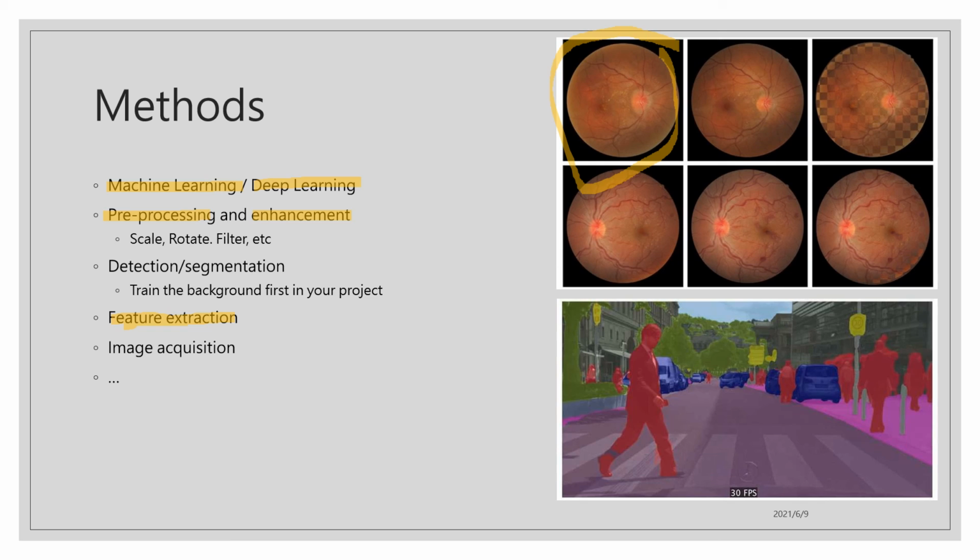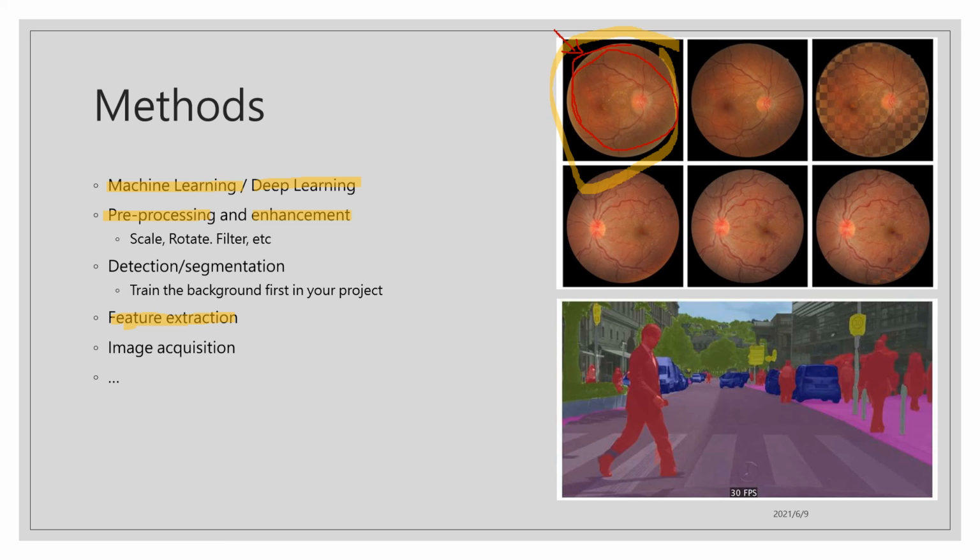For example, we want to filter out the other information captured by the Canon camera, everything outside. We only want the machine learning model to focus on the eyes, this part. Perhaps you can add some color filter to it,